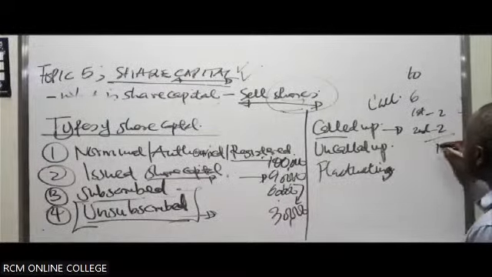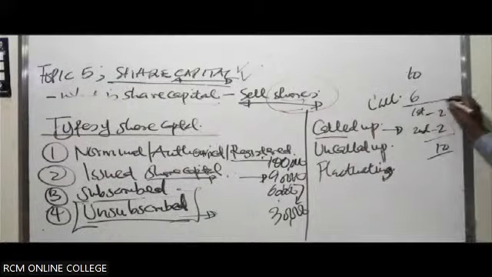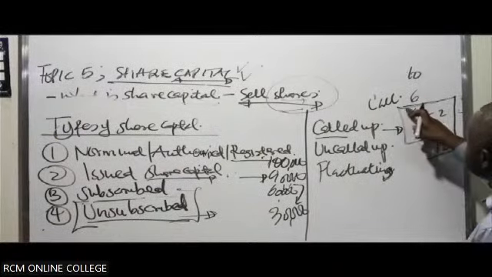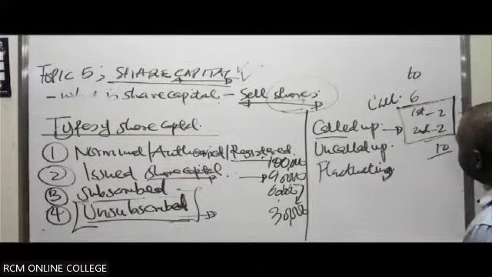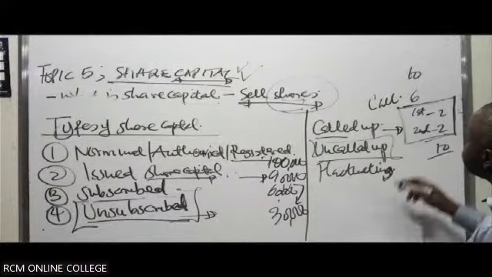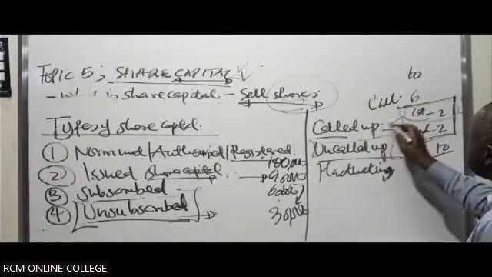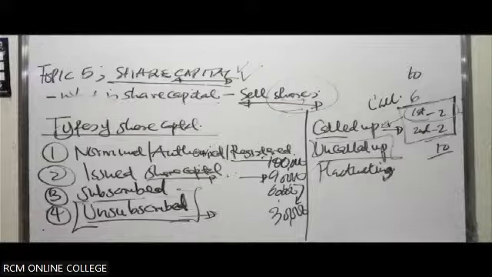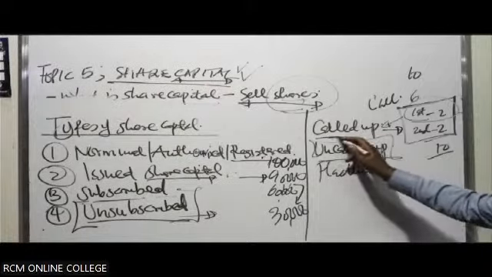So in total you get 10. So this part they're yet to make up, which will be known as the uncalled up. But eventually, once they make the call, it becomes what is called called up. The part of the share capital for which the company has made a notice or a request to the shareholders to pay any outstanding amount, it will be the called up.